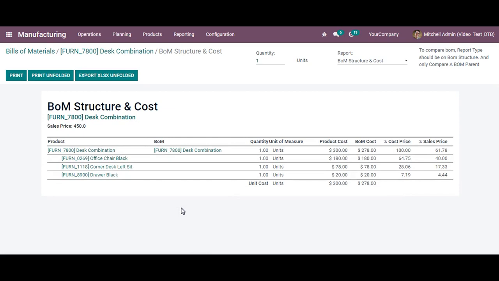Now, those of you with eagle eyes may have spotted a bit of text at the top here talking about BOM comparison, and some additional fields here for inputting percentage cost price and percentage sales price. If comparing BOMs is something you would like to have in your manufacturing application, take a look at our video tutorial around BOM difference comparison. Similarly, if you would like these additional fields, check out our BOM cost and report extension tutorial. Both will be linked below.